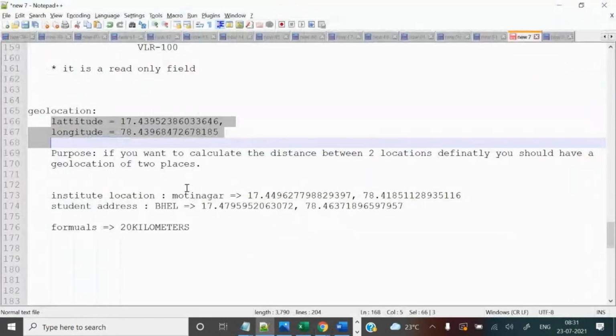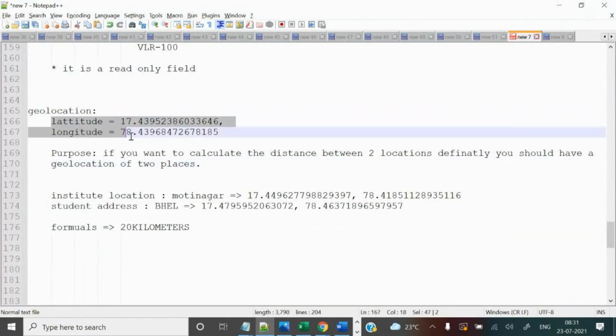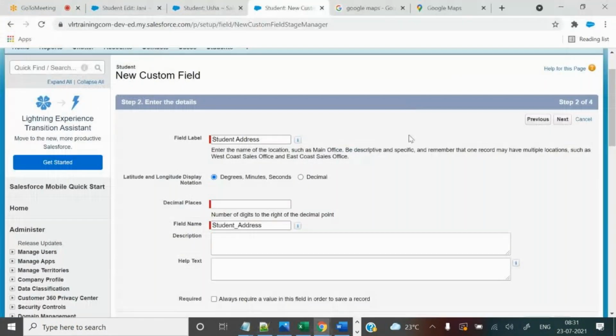That means address, latitude and longitude. Decimal places you can give up to 5, and the degrees, minutes, seconds. Actually latitude and longitude can be displayed based on degrees or decimals, not a problem. Anything you can select and click on the next button.